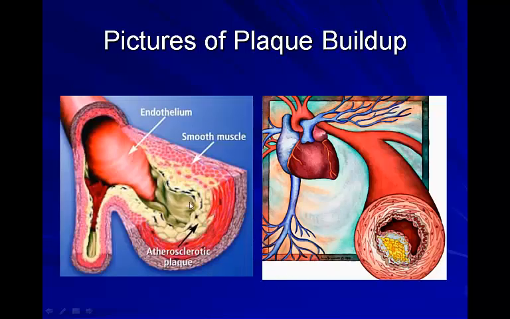And here's just a depiction. This isn't in the book, but you can see these pictures just about anywhere in any sort of health textbook. This is a cross-section of a blood vessel, and you can see the atherosclerosis. That refers to that plaque buildup, hardening of the arteries. You have a vessel that's lined by smooth muscle, which can contract and expand pretty easily. But once you start getting these plaque buildups, that really takes away the elasticity of that vessel to expand and contract. And also you can see it's really narrowing that passageway.